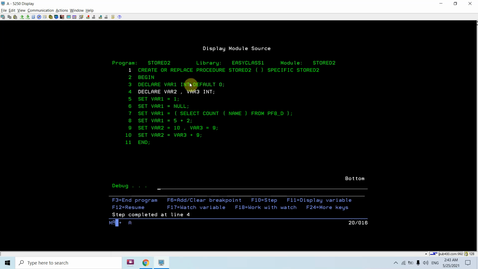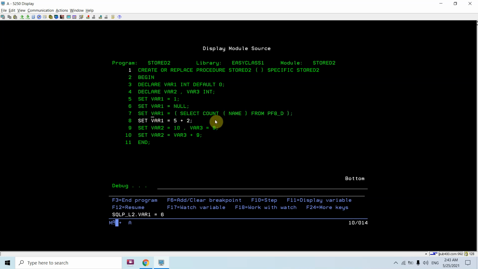So var1 defaults to 0. You can see var2 and var3 default to null because we didn't specify a default of either 0 or null. var1 now becomes 1. After this, var1 becomes null, that's correct. Select count name from this.